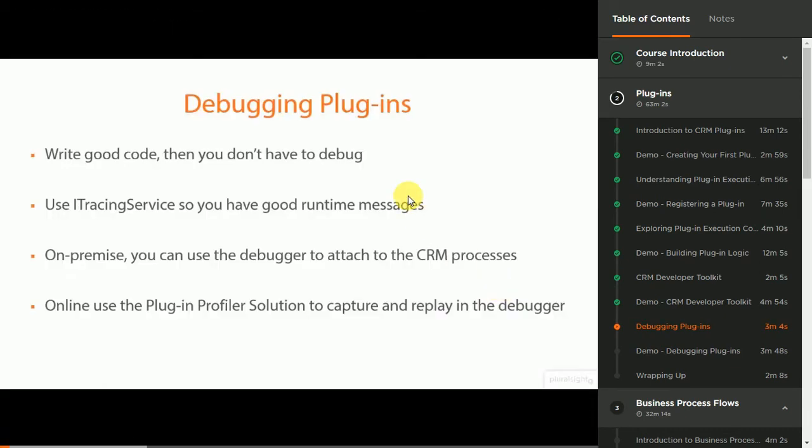So now that you've built a plugin, you've seen a couple approaches to do that, both using the low-level class as well as the developer toolkit. You might be wondering, how do I debug these things in case I have a problem? Well, of course, my answer to that is just write good code and then you don't have to debug. I say that only partially kidding, but more realistically, what I'm